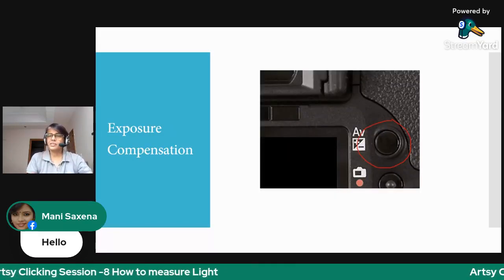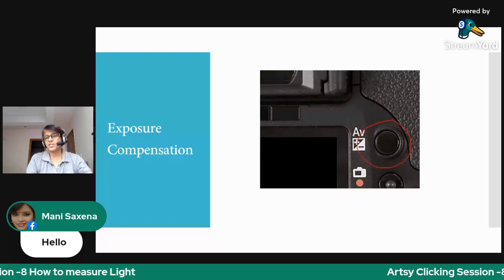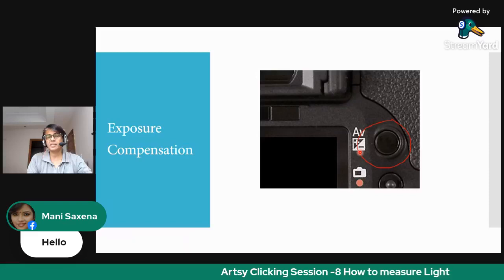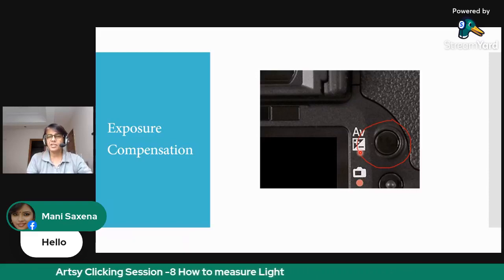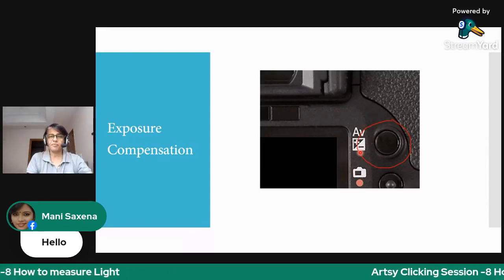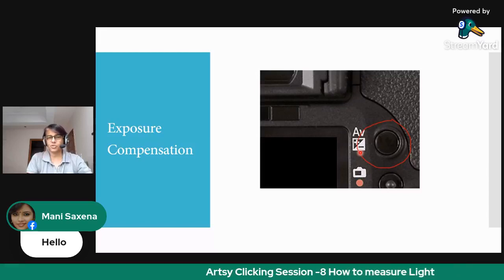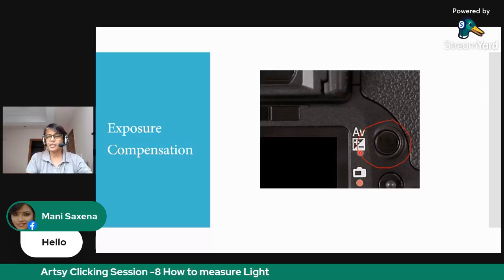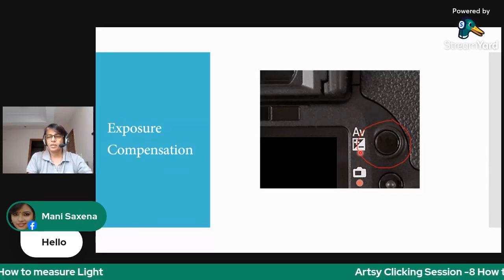So here comes in the role of exposure compensation. The button you see as AV plus minus. So in such conditions where the light meter is showing you the value of 0, but you're getting an underexposed or overexposed shot, you hold this button down and rotate the dial to move the cursor to change the stop.